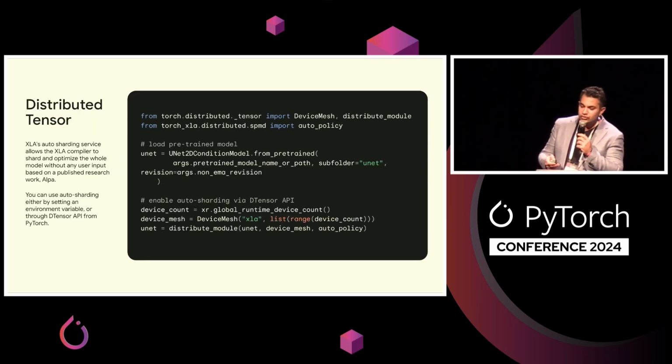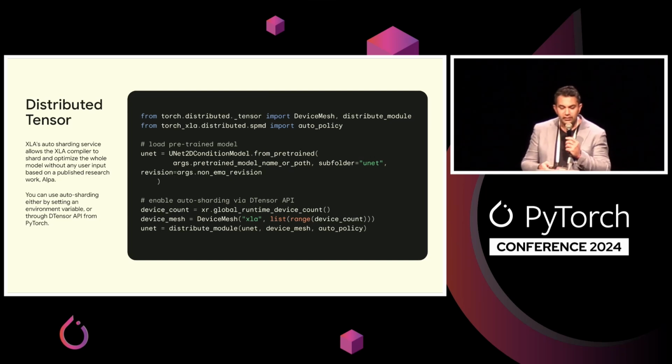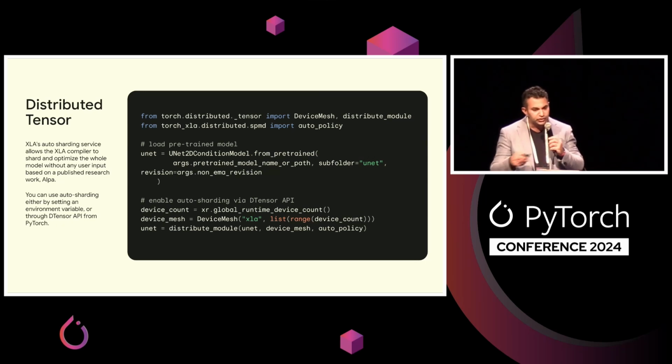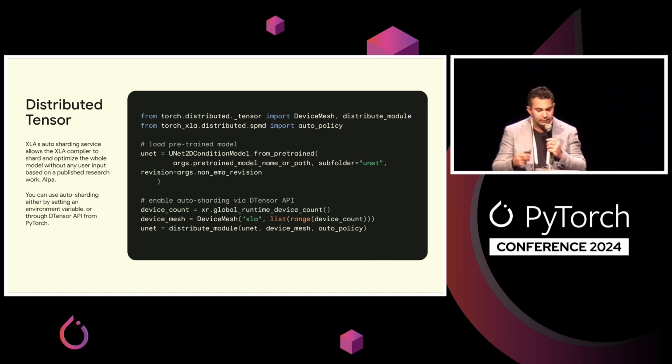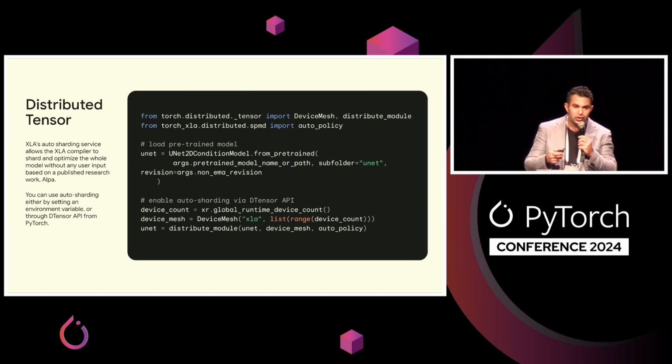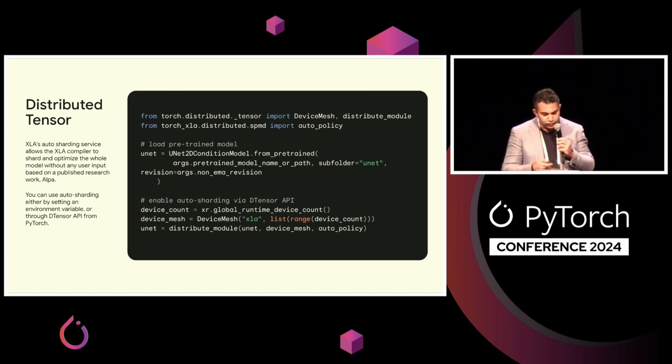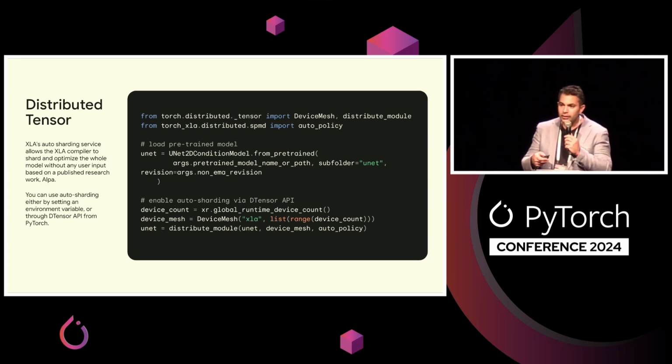OpenXLA enables scaling distributed workloads efficiently through the automatic parallelization API. The XLA compiler transforms a single device program into a partitioned one with proper collectives based on the user-provided sharding hints. PyTorch XLA enables developers to write PyTorch programs as if they're writing one single large device program. Now, sometimes finding the best optimized set of parameters for the sharding may be difficult, which is why we have introduced auto-sharding policy. And my colleague actually presented this yesterday, and if you have not seen that, I recommend taking a look at his slides on how you can basically achieve